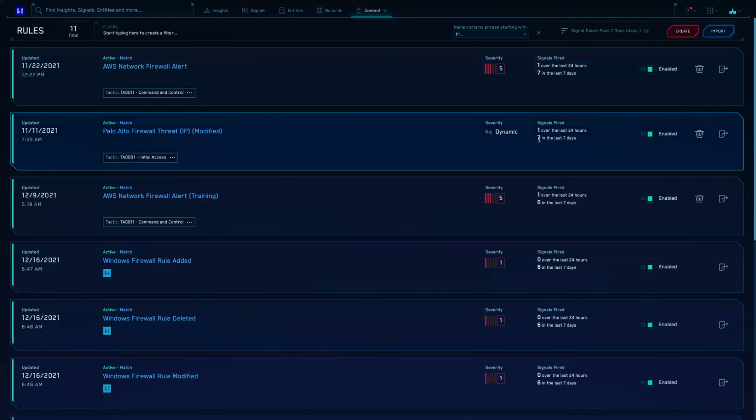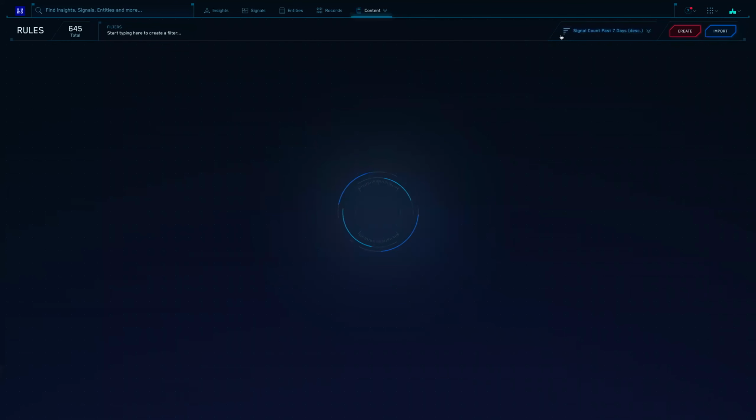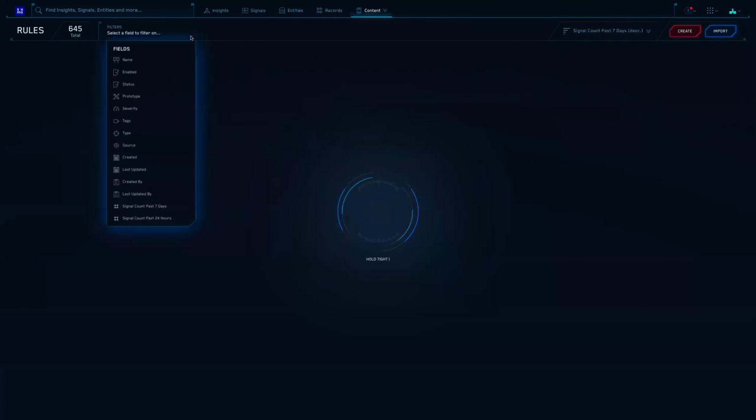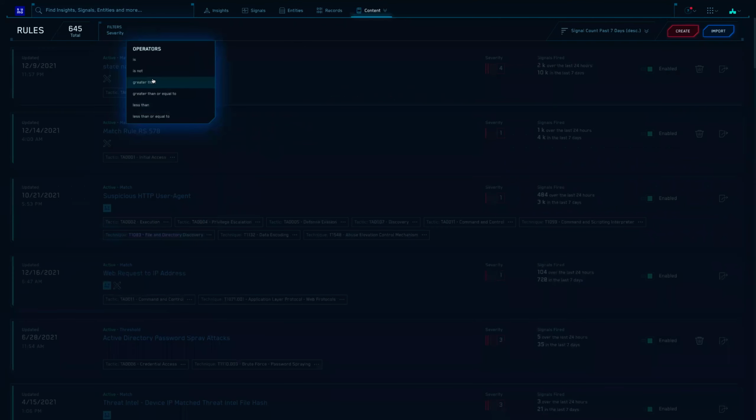All right. So let's see. So now we're looking at the filter. And what we're going to do here is just kind of play around with the filter. So the first part was the firewall. If we want to find all the rules that have a severity score greater than 8, what I'm going to do is just remove my filter there. And now I'm going to create a new one. In this case, I'm going to do severity greater than, and just pick my value of 8.